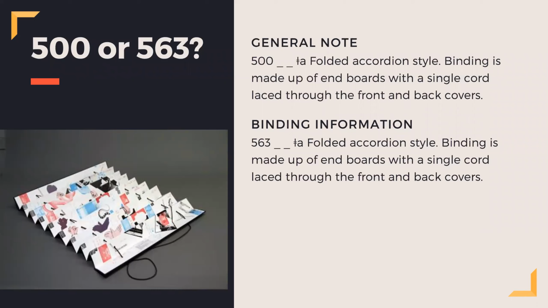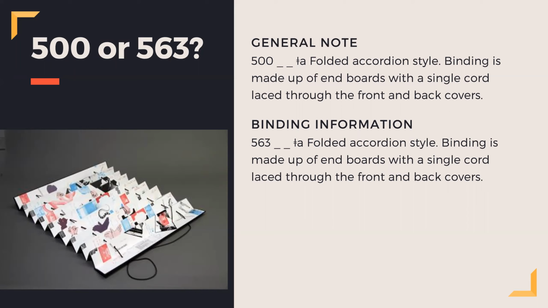To use a 500 or a 563. Making the decision to use the 500 or 563 field comes down to cataloger's judgment. As mentioned on a previous slide, the 563 field is intended to describe binding information for antiquarian materials, rare books, and other special collections. In this case, I went back and forth on whether to code this as a 500